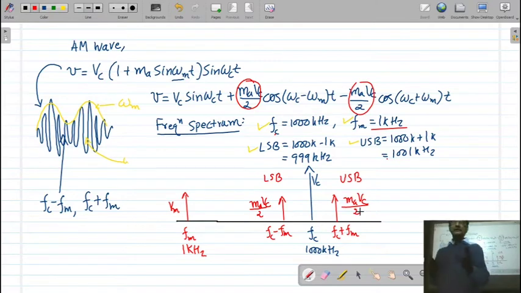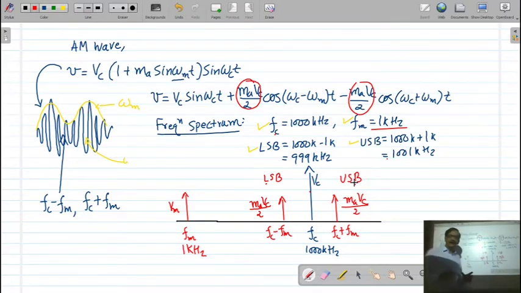representing which frequency components are present in a modulated wave. So here the carrier frequency is there, lower sideband frequency is there, upper sideband frequency is present with their different amplitude. So this is a graphical representation. Correct? Now here we will see what will be the bandwidth of the AM signal.